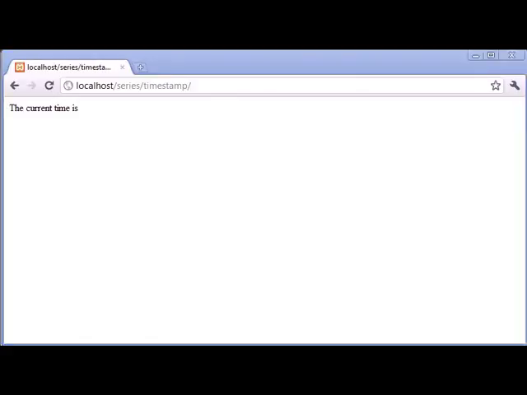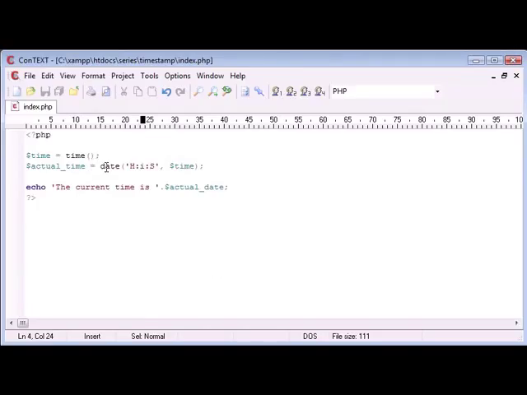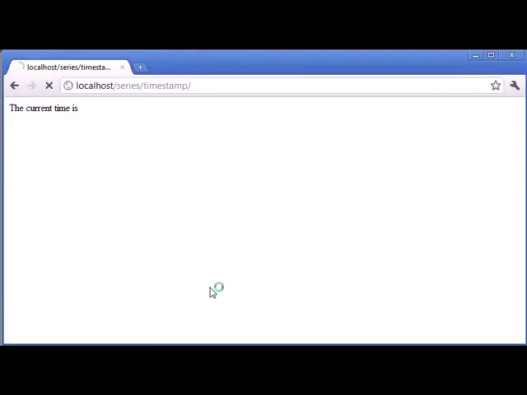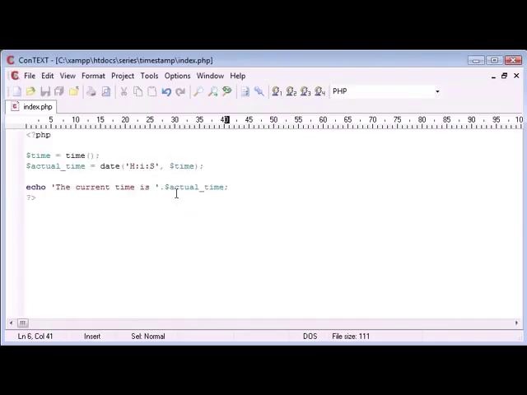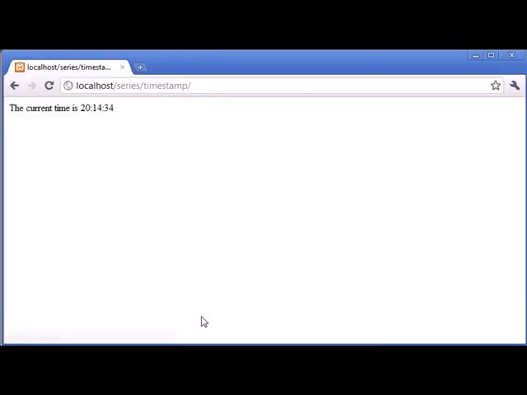Oh no, what's happened? Okay, yeah, that's because I've put actual date instead of actual time there. That's my variable naming wrong there. So let's refresh and we'll see what's happened. Oh, we've got ST there. Oh, that's a small s. Refresh. So, okay, now we're showing the current time is